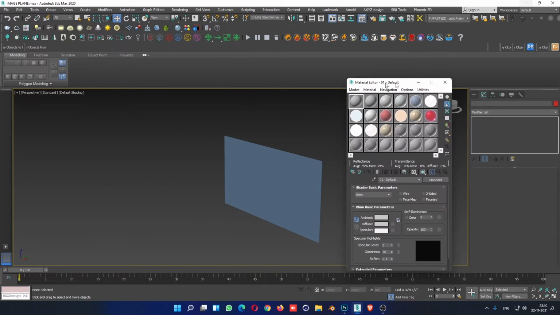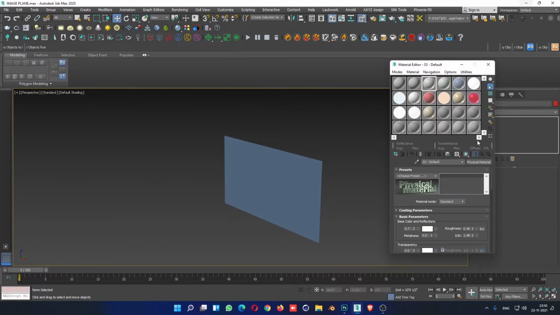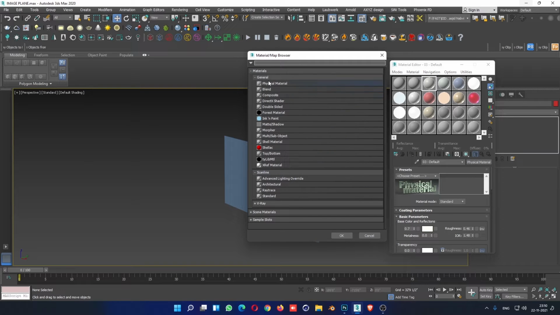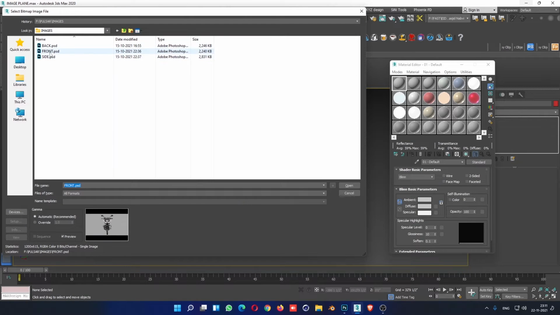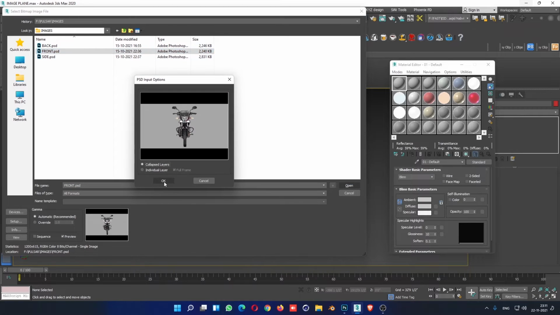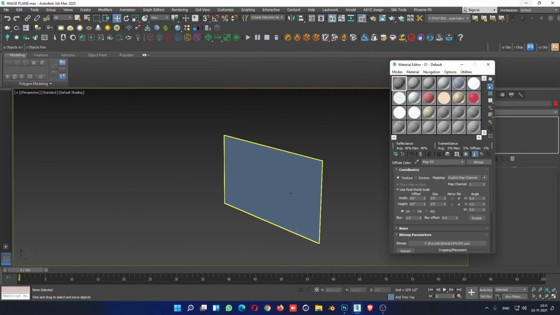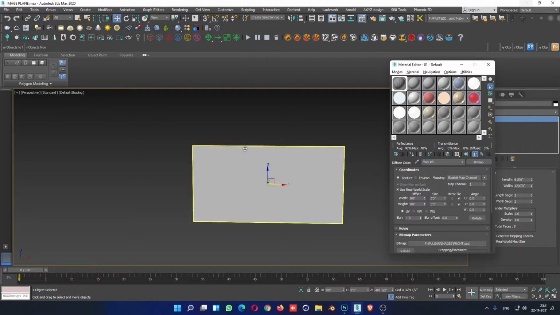Now what we can do is we can simply select this thing and press M for the material. This is a standard material. Select one of these. Over here you can find the standard material. This is our 3D Studio Max default material. Okay, so select this one, and over here we can place a bitmap. So we have this front PSD. Okay, open it, collapse. So if there will be some other layers in the file, they will be collapsed. Okay, now select this one, assign, and